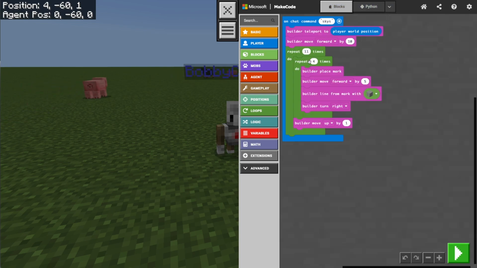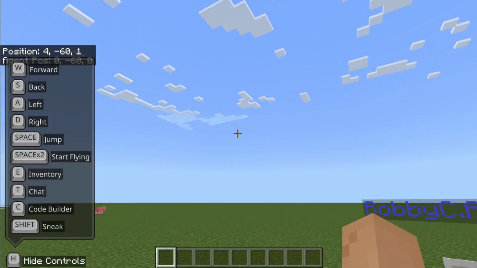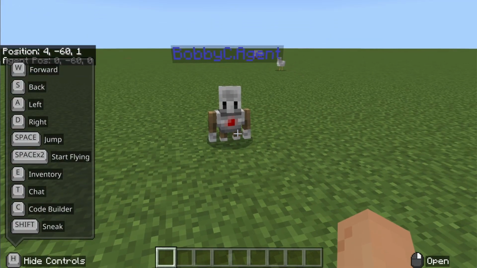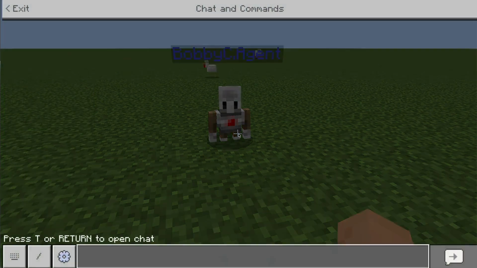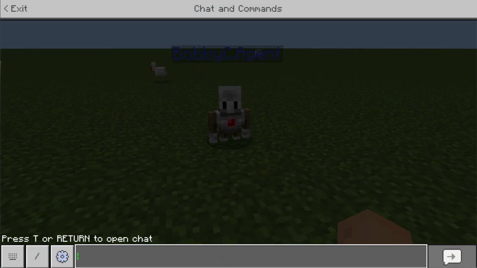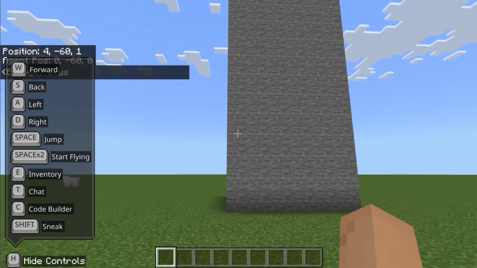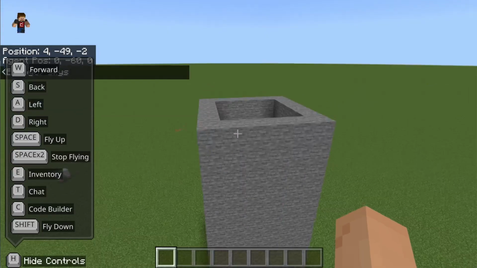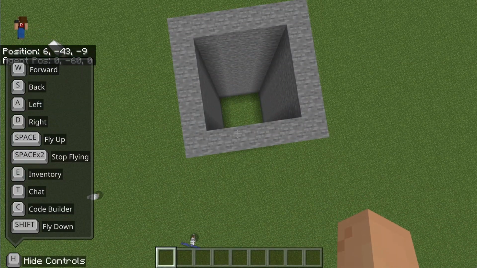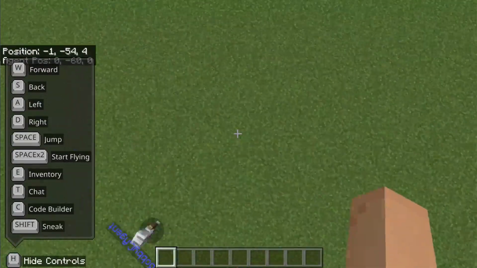So depending on how advanced your students are, you can play around with block programming or advanced programming in Python or in JavaScript. If you run this, and if we open up the terminal, and by terminal we have to type in T to bring up the terminal, and if we type in sky s, you'll see that there is our skyscraper. All right, so I'm just going to fly up here to take a look. Okay, so there's our skyscraper. We can go in and take a look at that, and so forth. So there are a lot of things that we can do